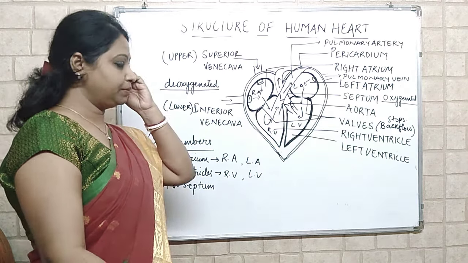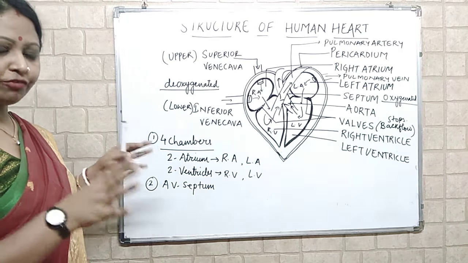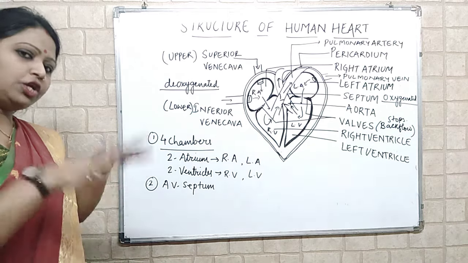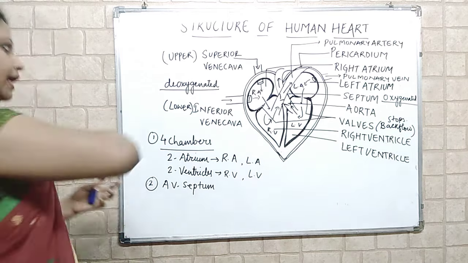Now the oxygenated blood will enter the left atrium, and from the left atrium to the left ventricle. Valves will close and here it will enter the largest artery called the aorta. Through the aorta, blood will be circulated to the body, to each and every organ, each and every part of the body. From there the deoxygenated blood will be carried by the veins and the cycle continues. Clear to each and everyone?